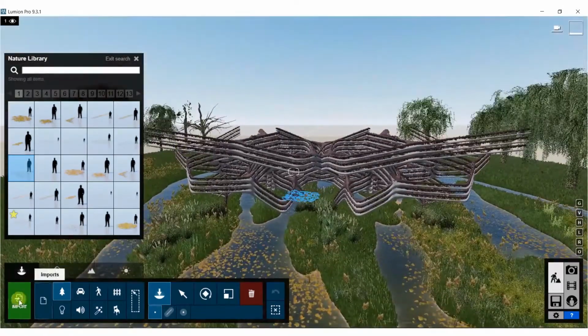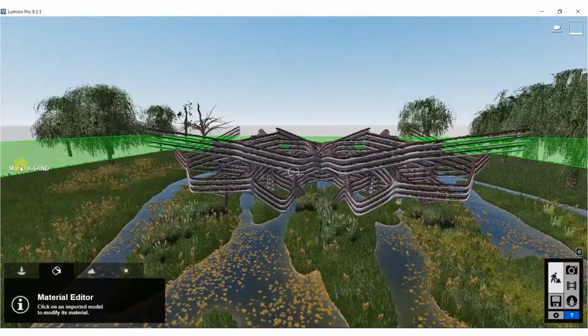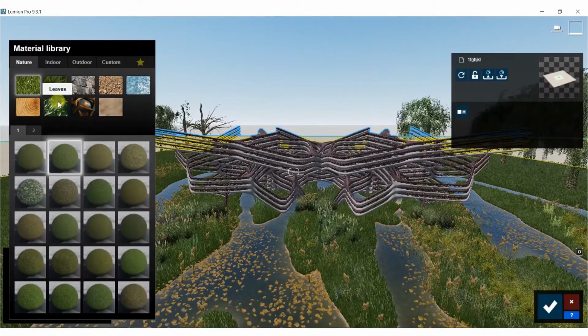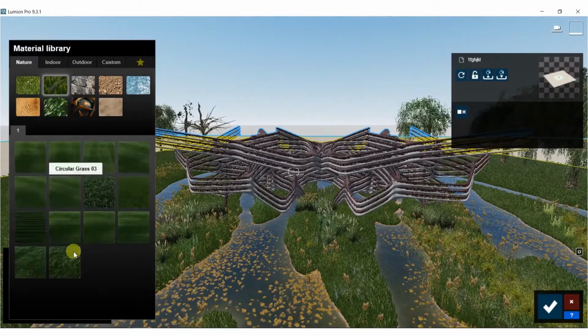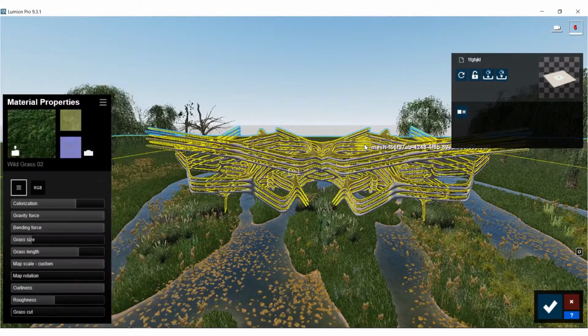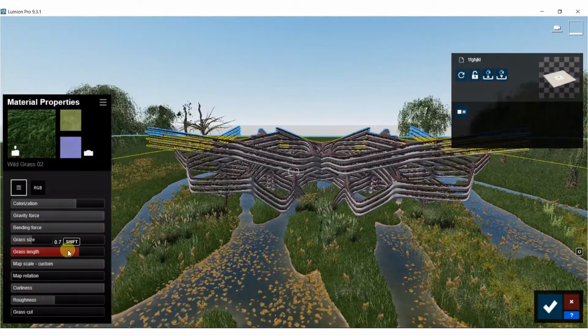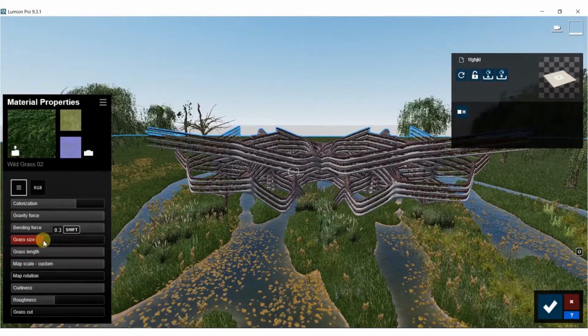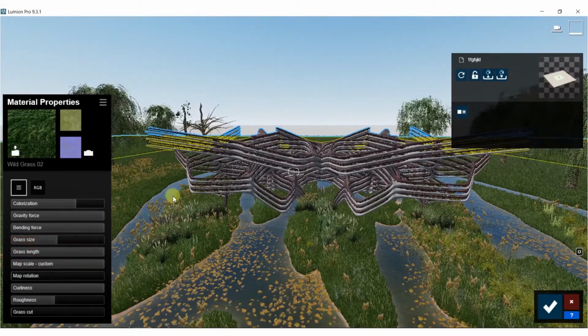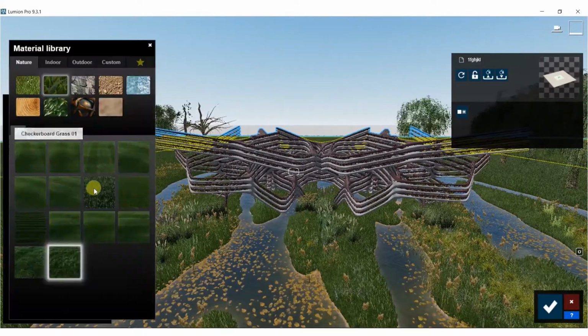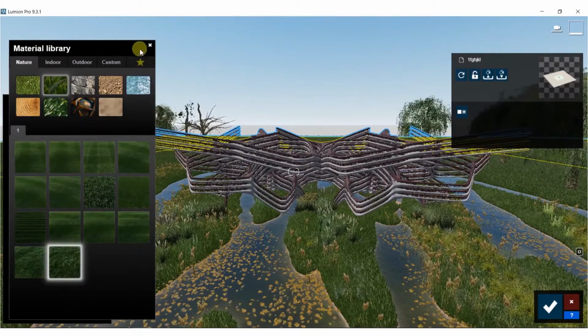Alright, and then we need to go back to our materials real quick. Change this over, and I think we can make this grass as well. Doesn't seem to be super heavy. Yep, perfect. And maybe we'll make this grass length much bigger, a little bit taller so it looks kind of background noise. And what I want to do now